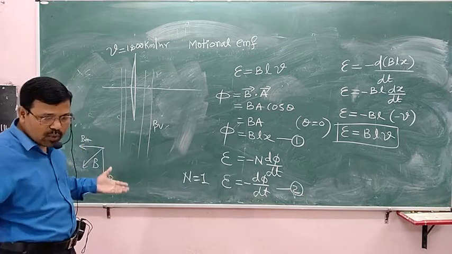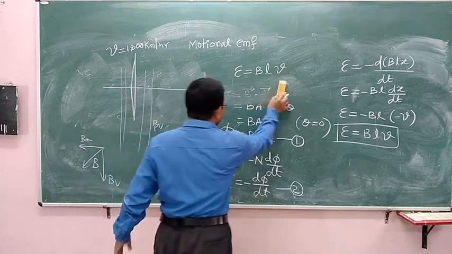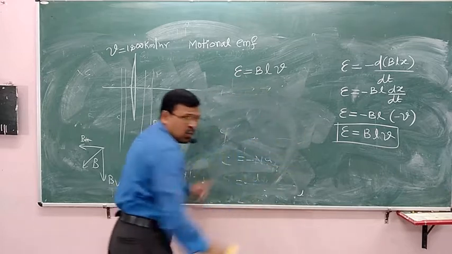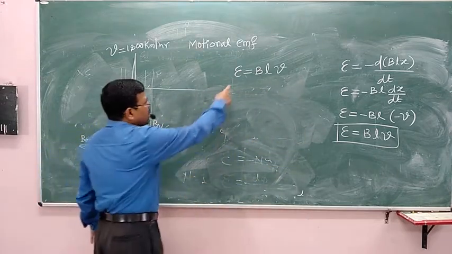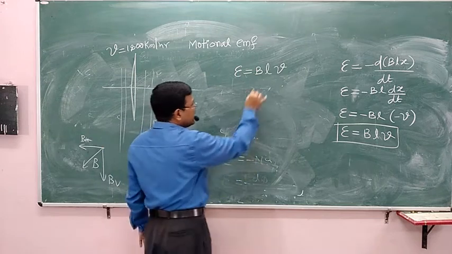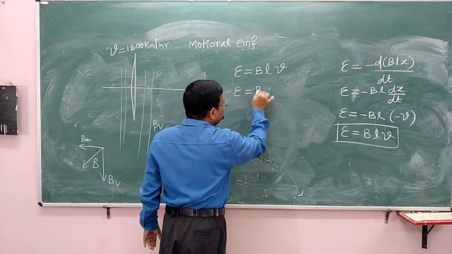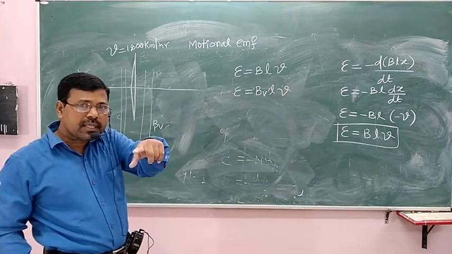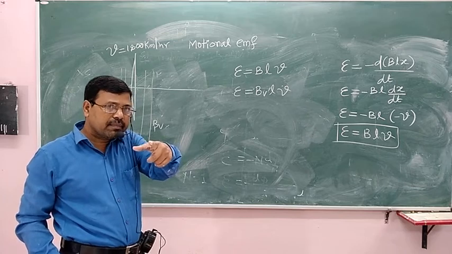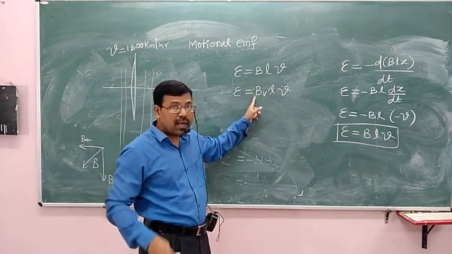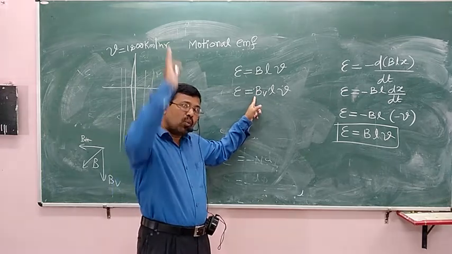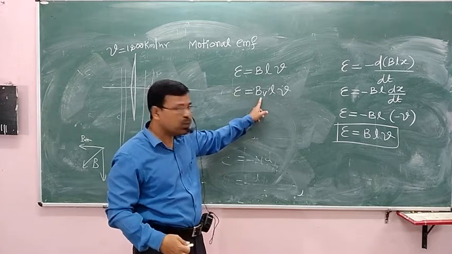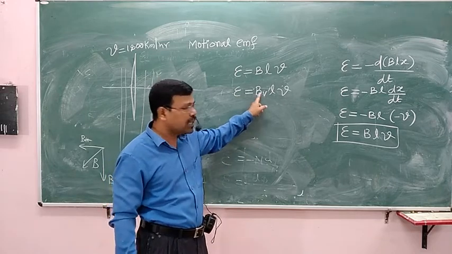Okay, then what is the required formula here? The required formula for this one is not BLV, it is E equals BV L V. BV, because B is the total Earth's magnetic field. But here, for the aeroplane, the vertical component linked with the aeroplane changes, therefore induced EMF is produced. Therefore, we should take here BV L V, the vertical component.